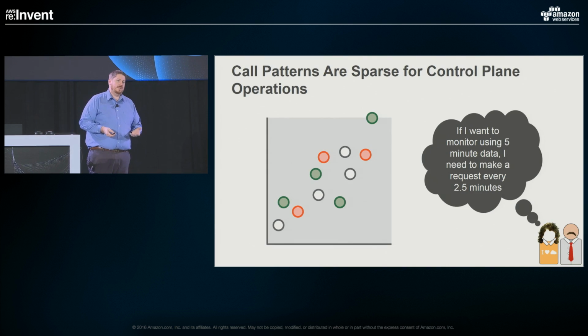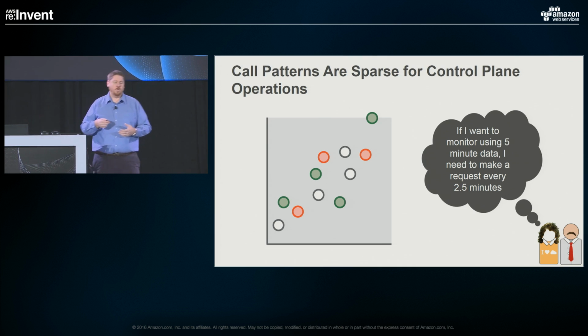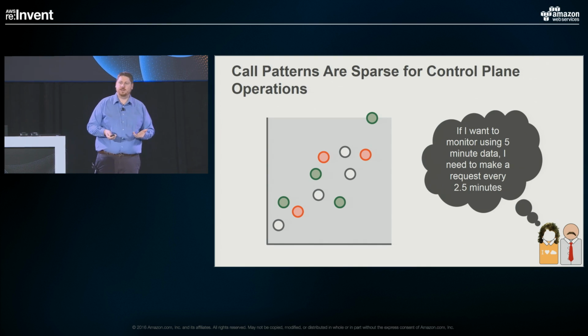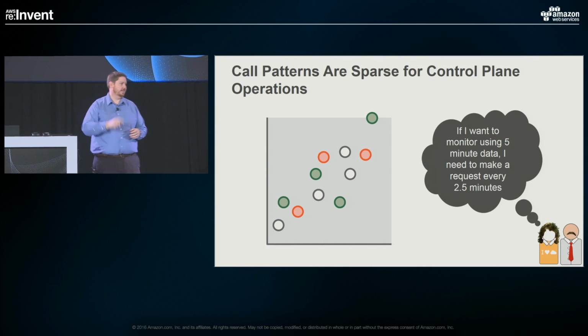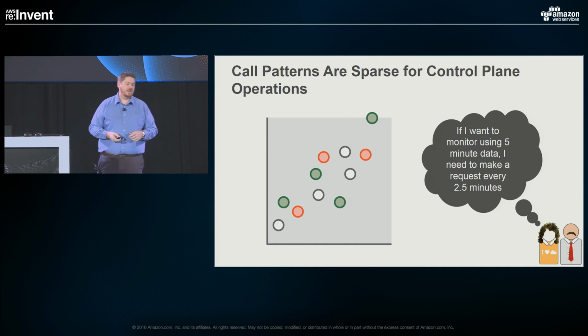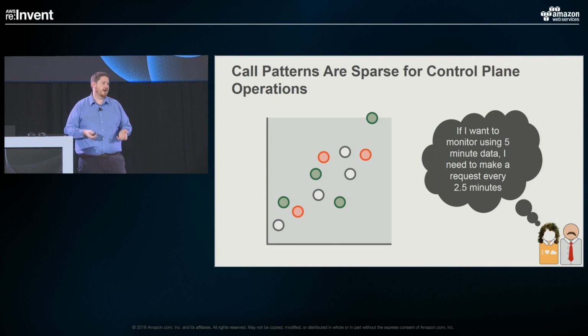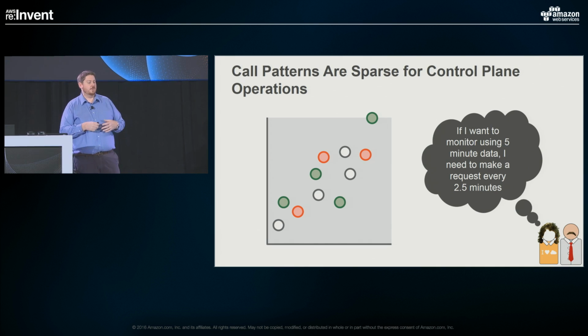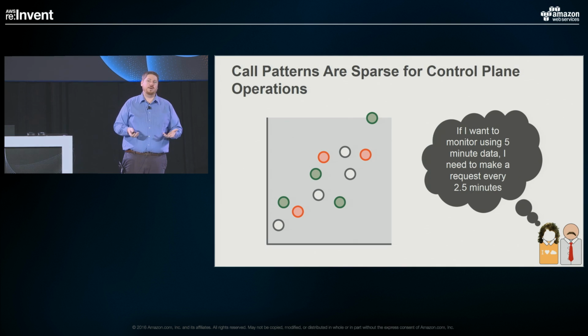The other thing I'll call out is that one of the reasons we really want to drive synthetic traffic is because in a lot of cases, especially for control plane operations, so when humans are actually configuring things with your service, the call rates are usually relatively modest, right? Even for a large service, there are parts of your API footprint that are probably very rarely called. So just as a thought experiment, if you want to be able to monitor things with